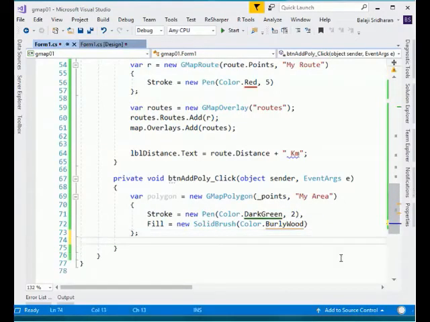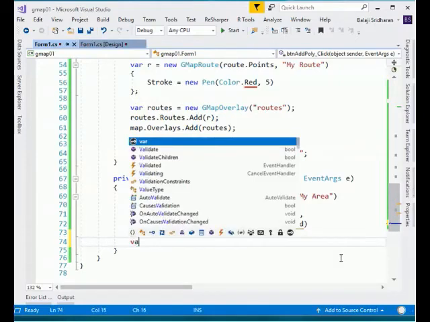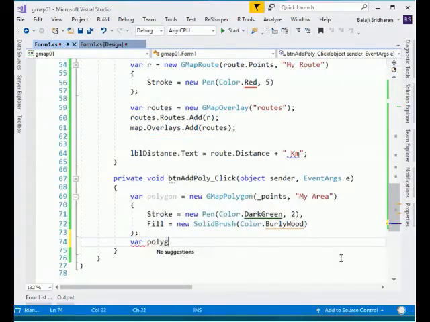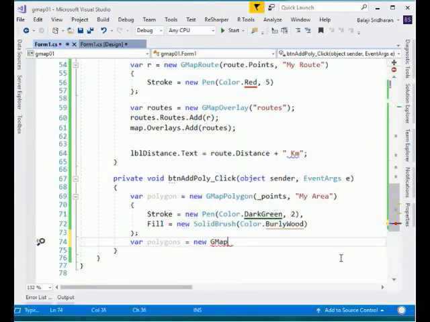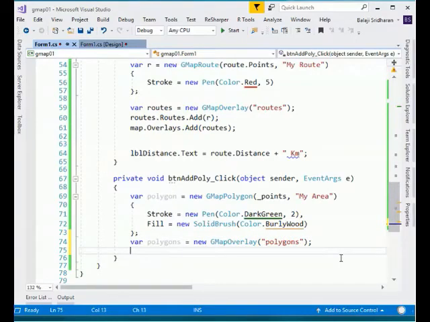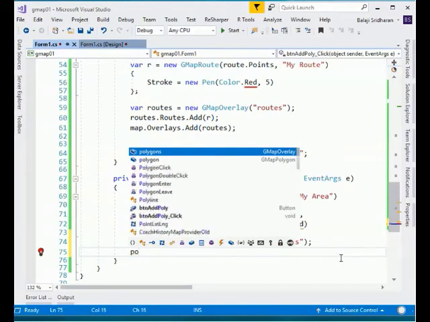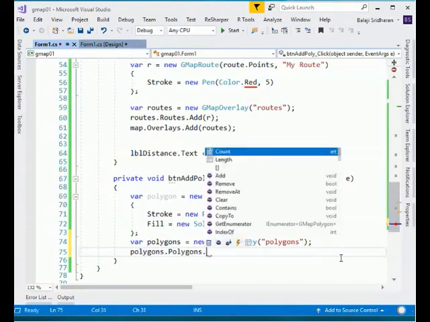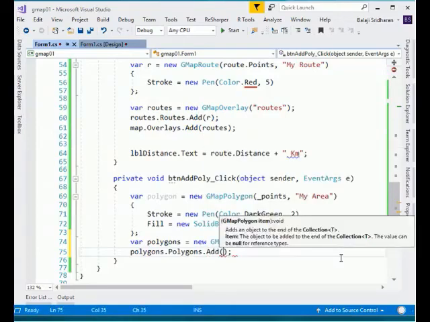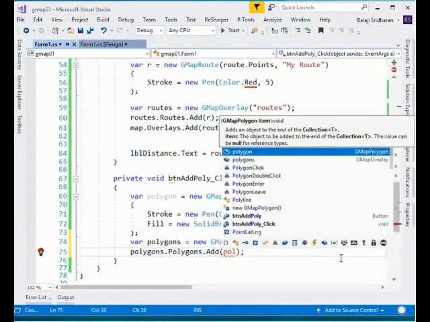So I will create an overlay, var polygons is equal to new GMapOverlay, and then I will set its ID to polygons. Then I want to add this polygon to this polygons overlay. So polygons.Polygons.Add(polygon).